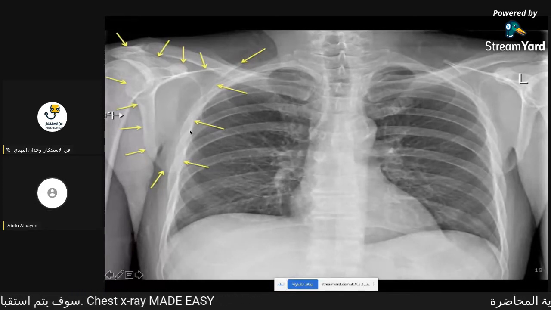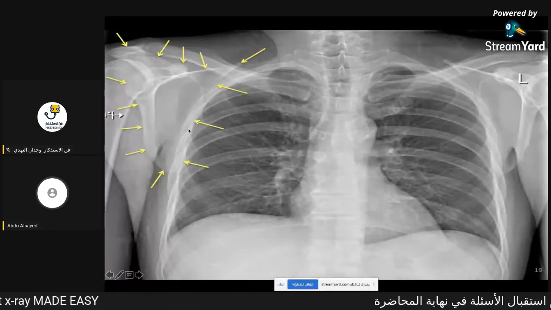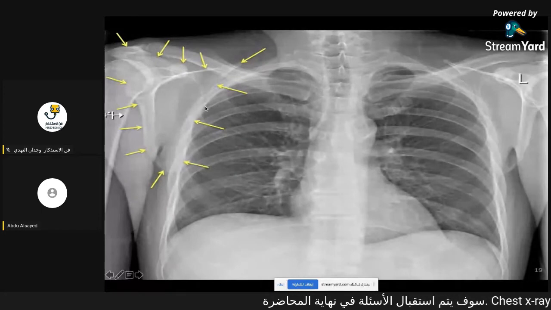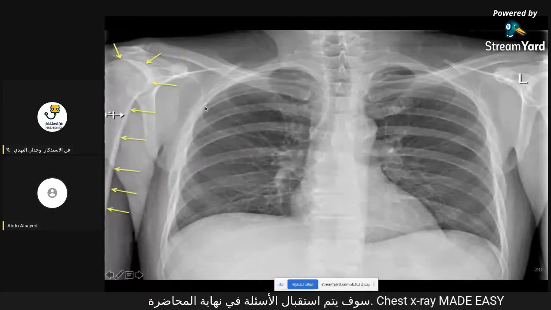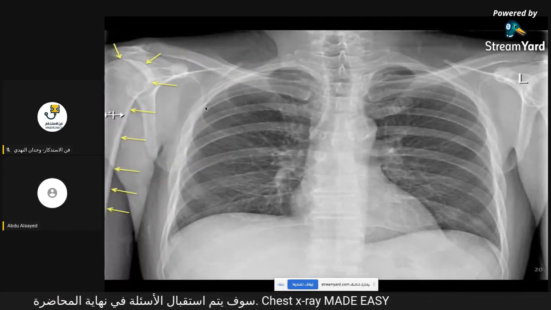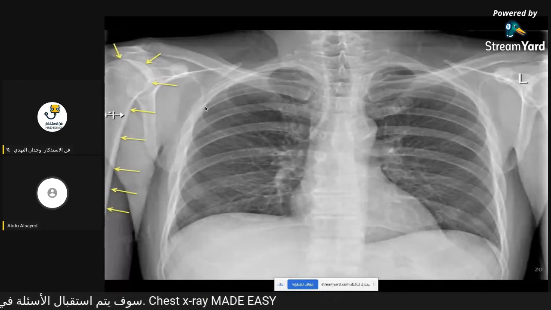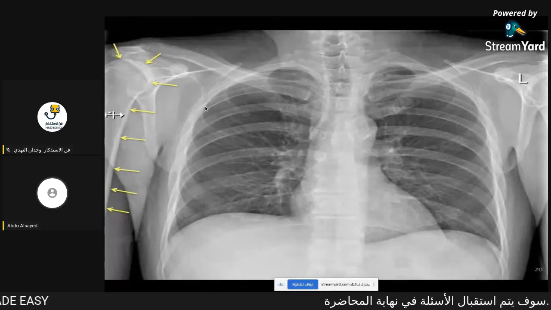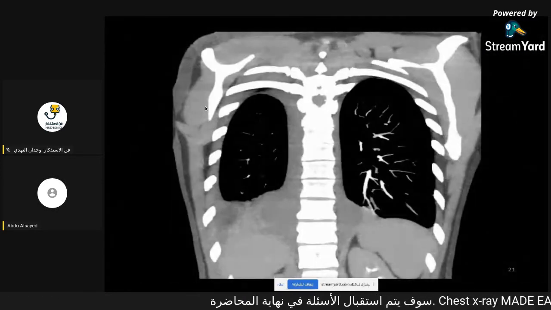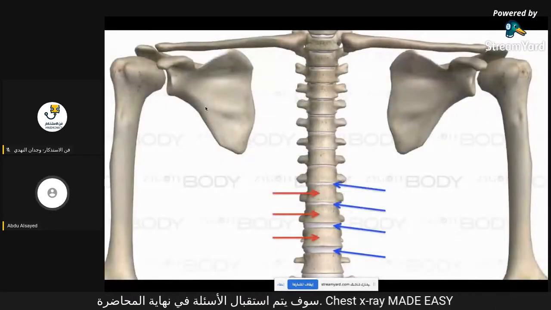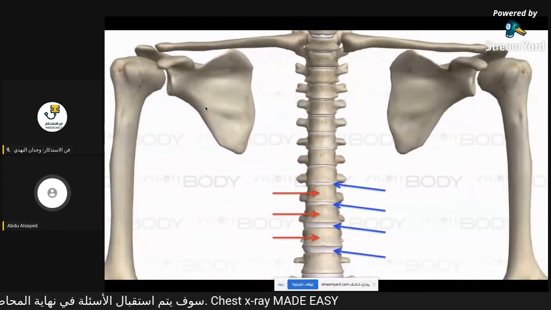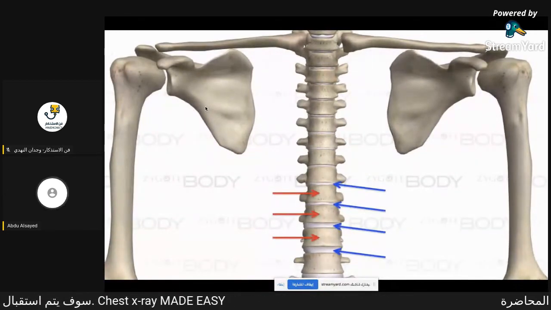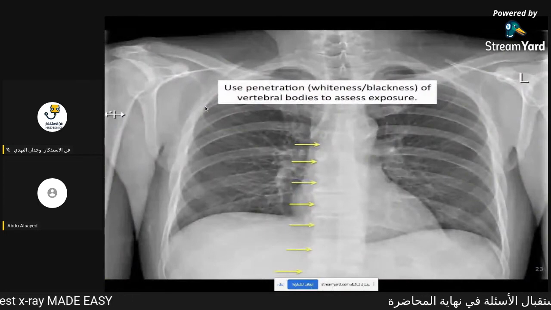Also, the humerus head and the part of the humerus should appear in every chest X-ray, to say this is a full picture of the chest X-ray. Then we're going to comment on the vertebral area or intervertebral space. As we mentioned before, we should have a good